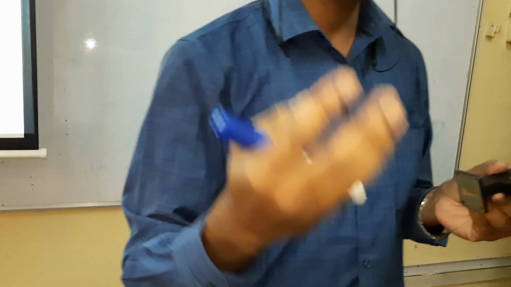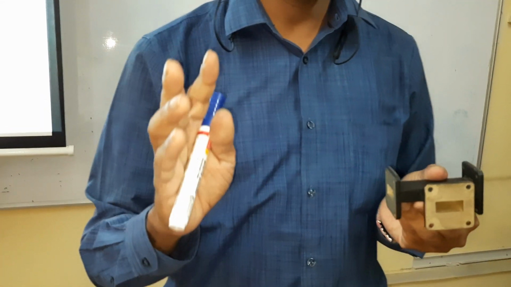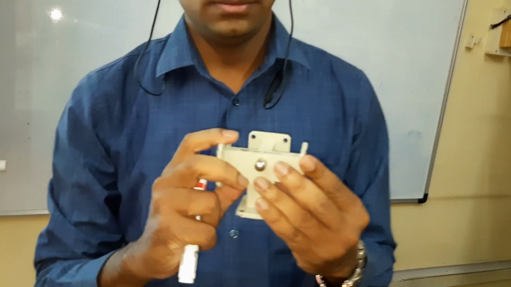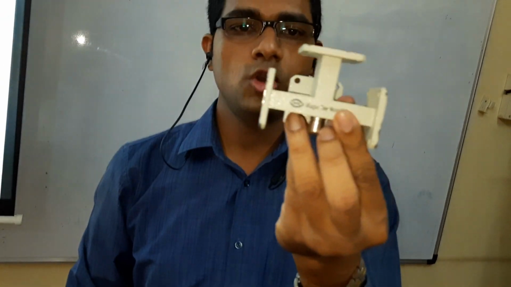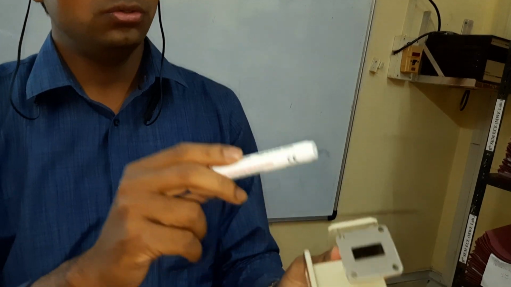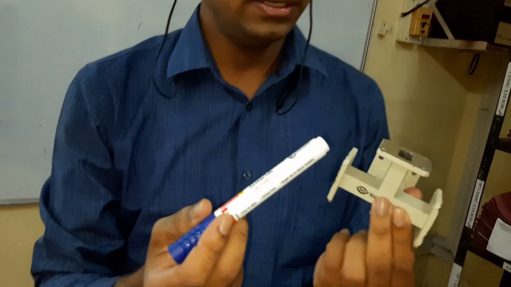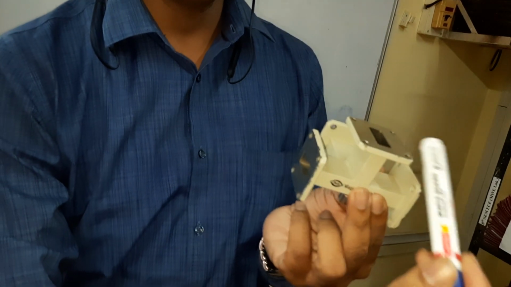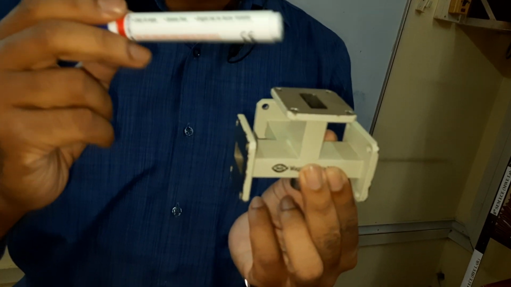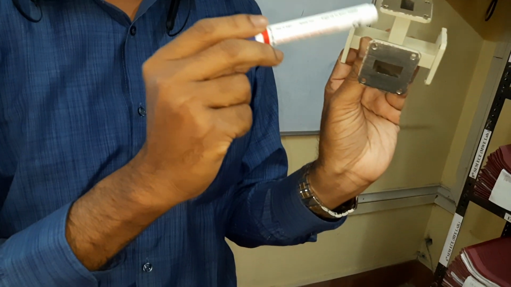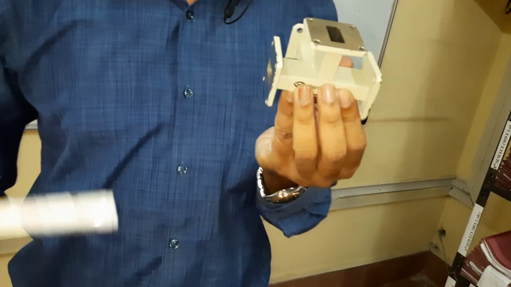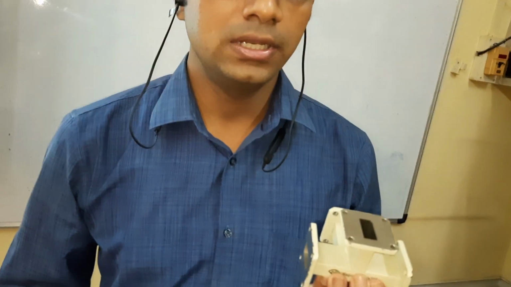But in your E plane T, their subtraction results, but here the addition results. Okay. Now these two are 3-port microwave components. Now a combination of this E plane T and H plane T is called the magic T. You can see this is called the magic T. It is a 4-port device. You can see 1, 2, 3, 4. So let us name this as port 1, this as port 2, the E arm I denote as port 3, the H arm I denote as port 4.